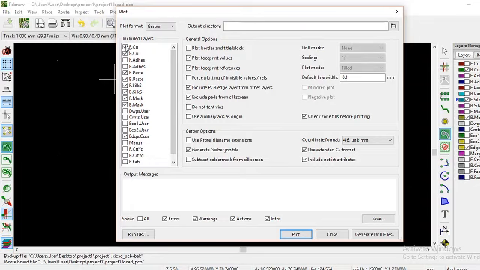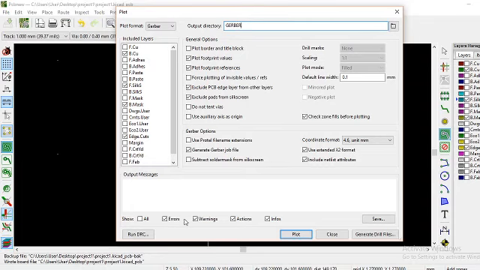So select bottom copper, front silk, bottom mask and edge cuts. Then enter a name in output directory. So I'm typing Gerber.